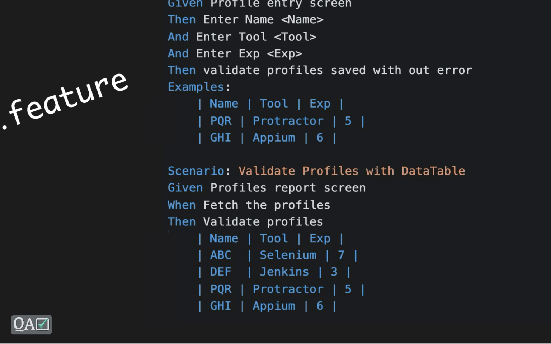Today I'm not going to discuss anything from a technical perspective, like how we can use a regular expression to fetch the name from the grid examples table, or how we can read the data table and loop it. That will be a separate session.